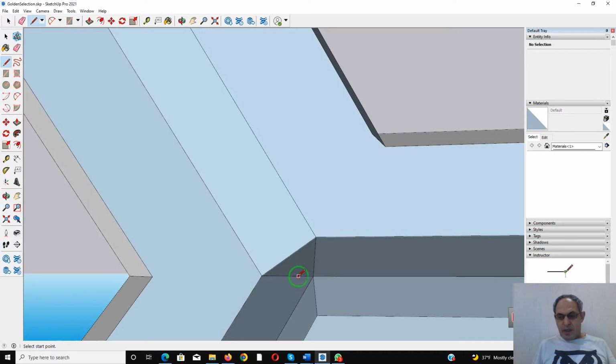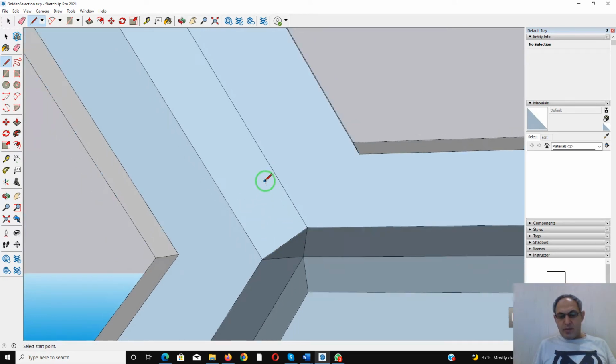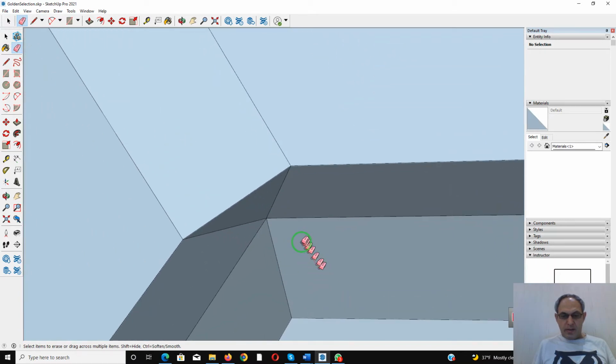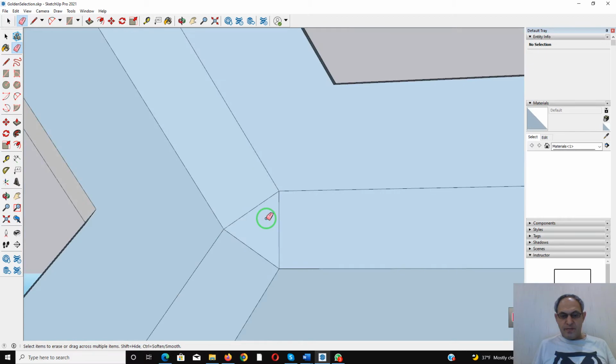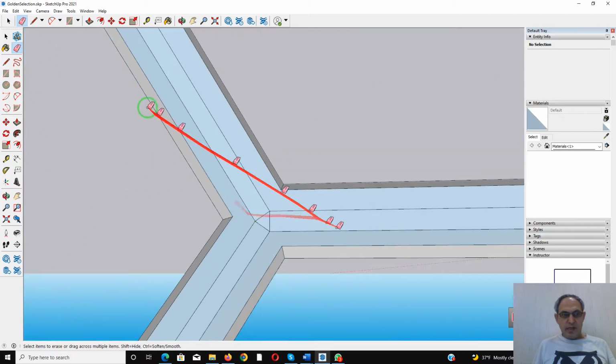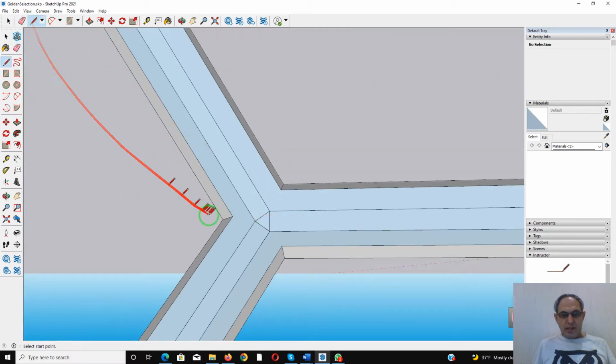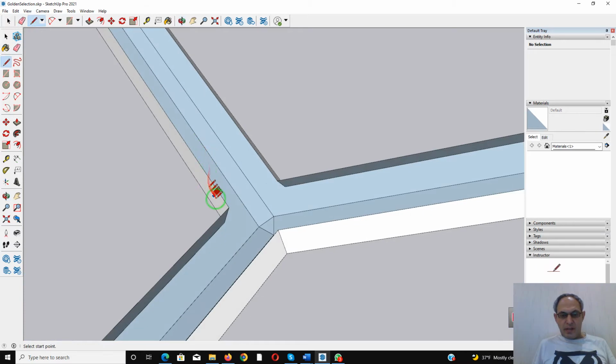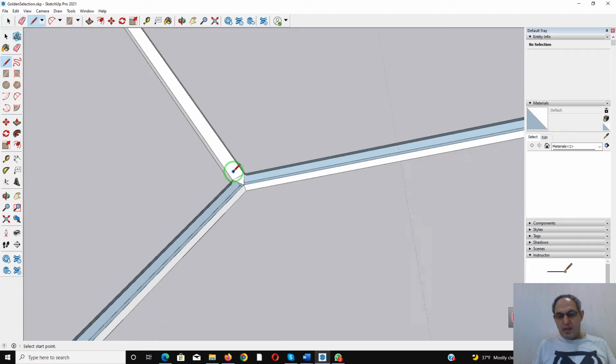So I'll select the eraser and click on this vertex like this to remove this geometry completely. Once I remove it, now I'll take the line tool and connect this one to here and this one to here, from here to this one, and again